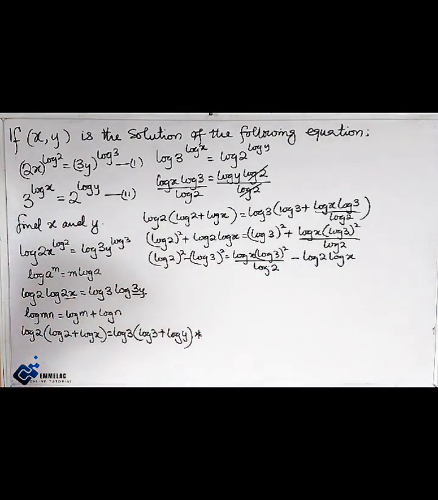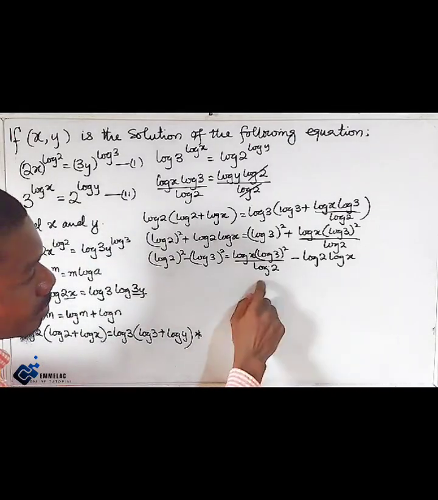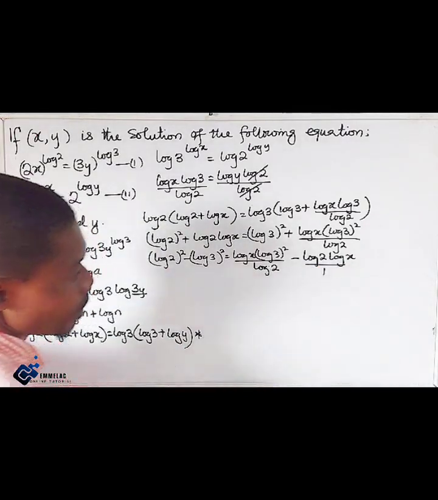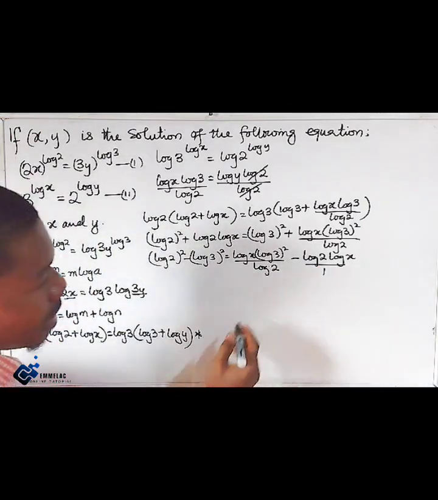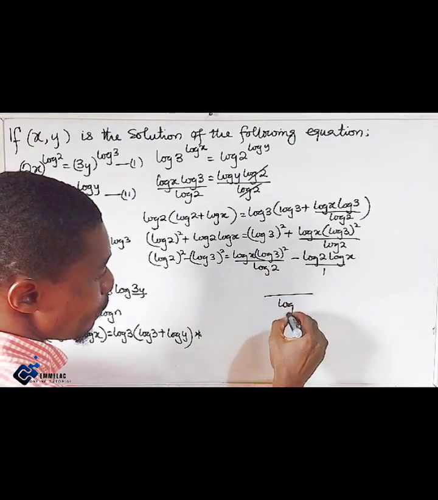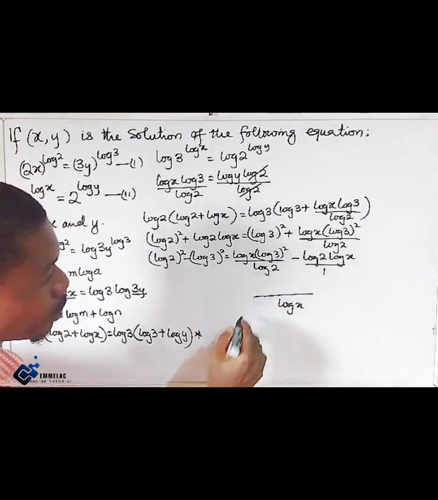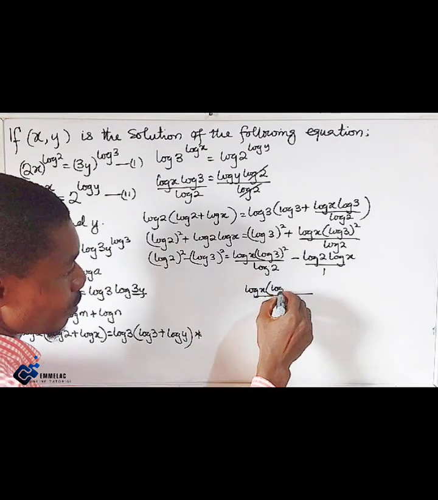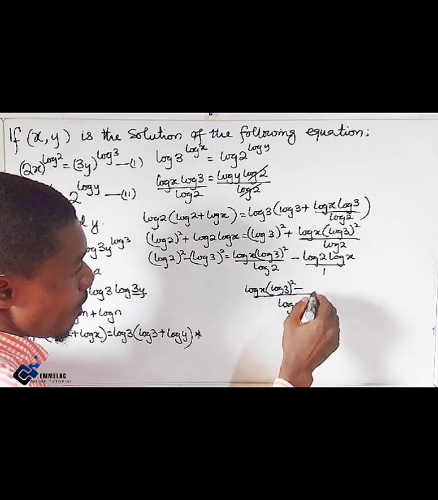Okay, so to this end, let's find the LCM of these two terms in the expression. It implies that the whole of this will now become over log 2, which will give us log x into log 3 all raised to the power of 2